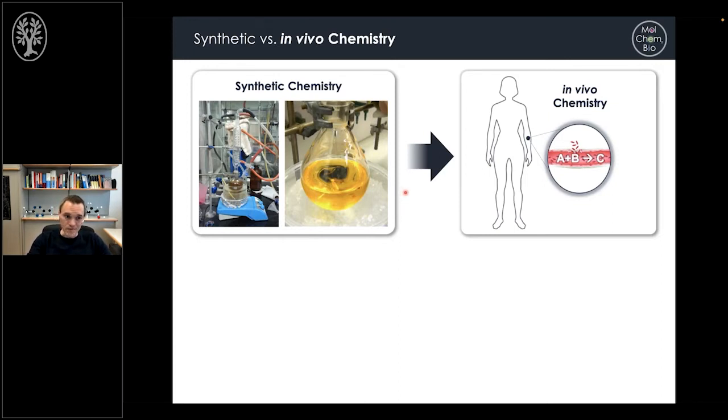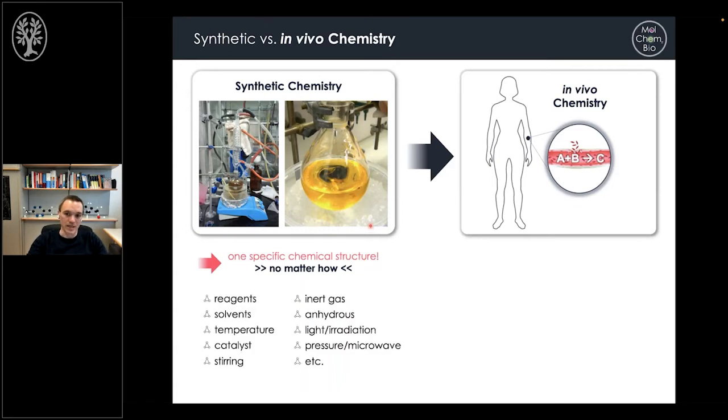So when comparing these two, in synthetic chemistry, just thinking about all the crazy work out there when it comes to total synthesis, natural product synthesis, it's always really about one specific chemical structure. And the aim is to prepare this no matter how it can be achieved. So we would have all crazy different manifold methods. And this is actually